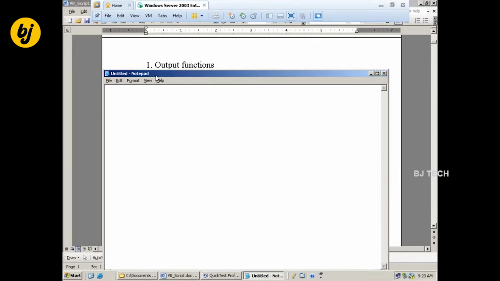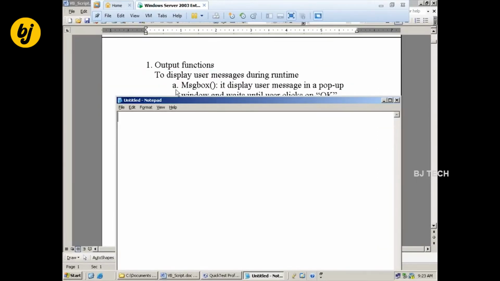Here we are going to use three types of output functions in QTP. Under output functions, the first one is MsgBox.